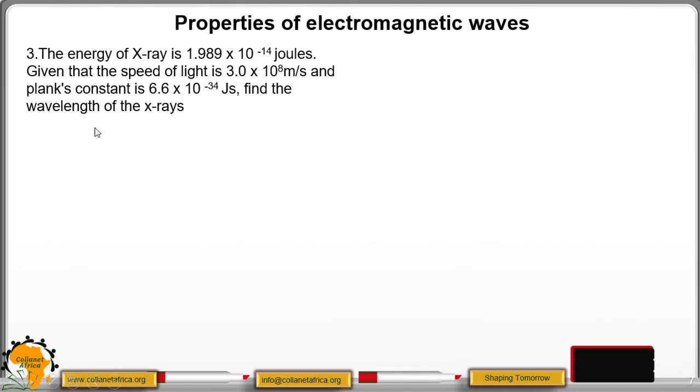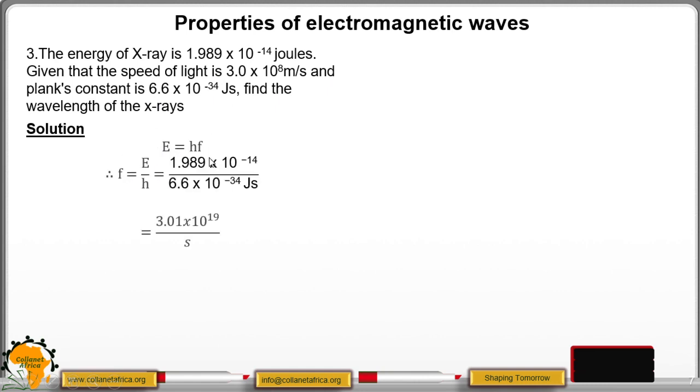Then we proceed to the next example. The energy of X-ray is given by this one. Given that the speed of light is 3.0 times 10 to the power 8 meters per second, and the Planck's constant is this one, find the wavelength of the X-rays. We start with the formula E is equal to hf. From this one, we can get f. f is equal to E over h. So by substituting the values, we have